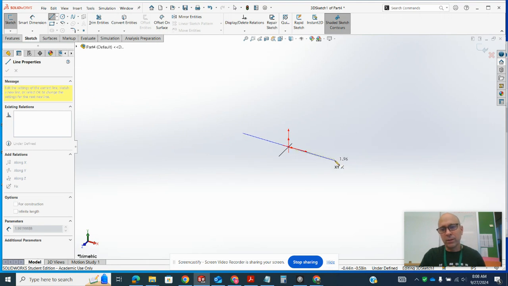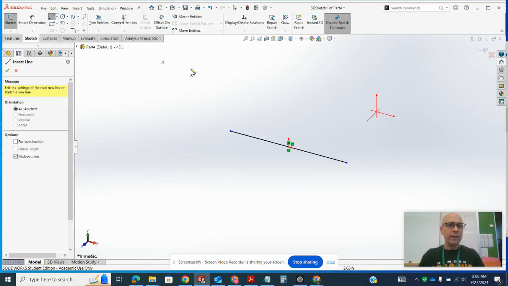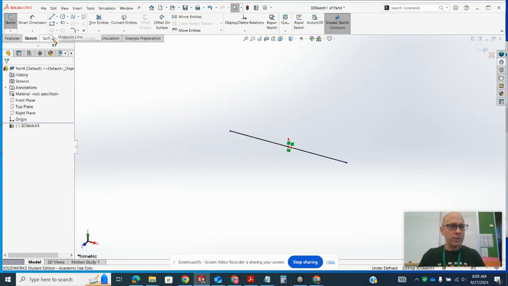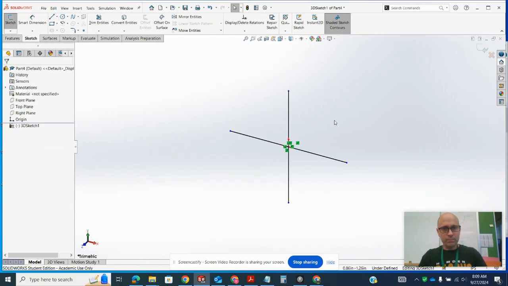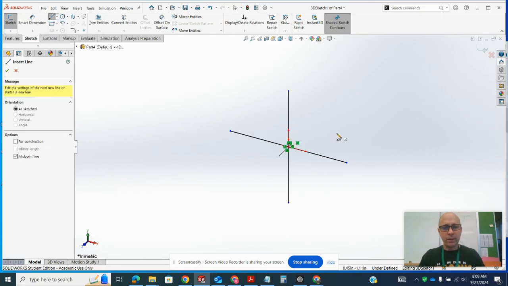So I see the little yellow relation pop up when I'm close to the axis, so I want to make sure that that is yellow. And then I'm going to double click to exit that. I'm going to make sure I'm sketching a midpoint line. I'm going to sketch the vertical one, make sure I see that yellow relation. I hit escape. And then now I'm going to sketch a midpoint line, but I want to do it in